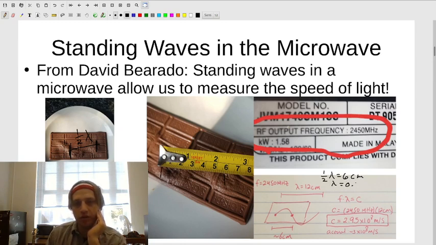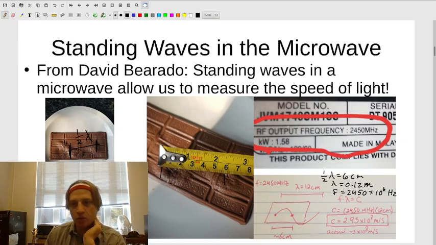centimeters, or 0.12 meters. And then he just looked inside of the microwave and looked at the output frequency. So the output frequency is 2450 megahertz. So the frequency was 2450. Mega means million, so times 10 to the 6th hertz. And so if you take 2450 times 10 to the 6th times 0.12, you should get around 2.95 times 10